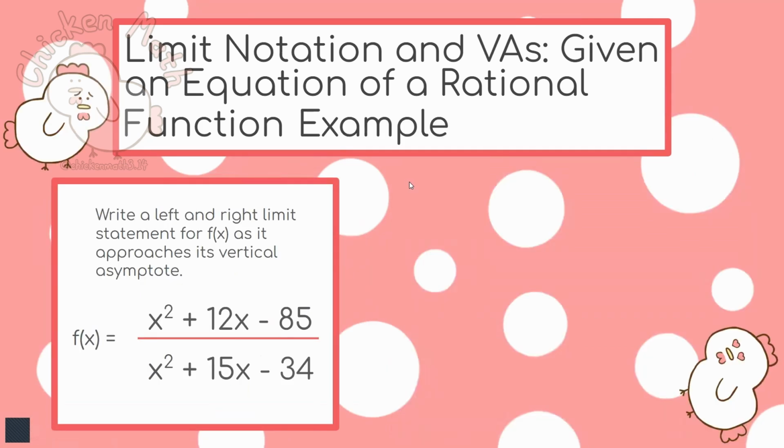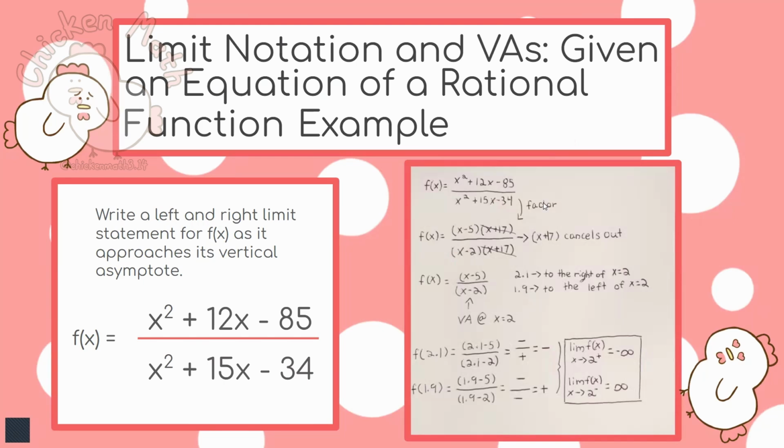All right, so here's an example that you can pause and do yourself. It says, write a left and right limit statement for f of x as it approaches its vertical asymptote. We're just going to be following the same steps as earlier. First of all, you want to factor your equation. So we factor it out and we get x minus 5 times x plus 17 over x minus 2 times